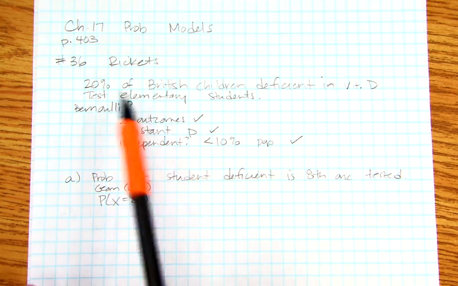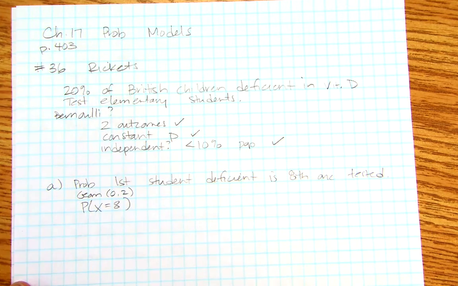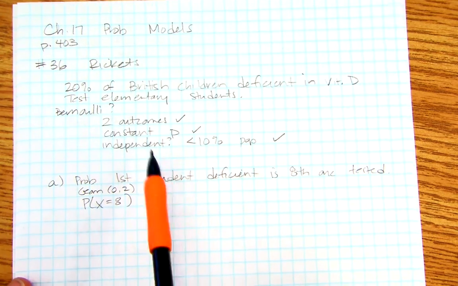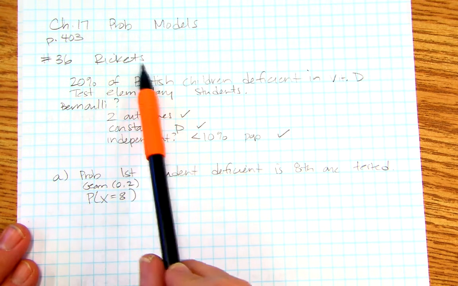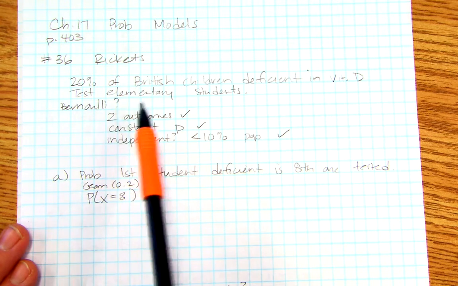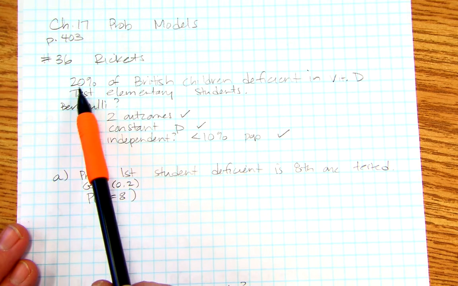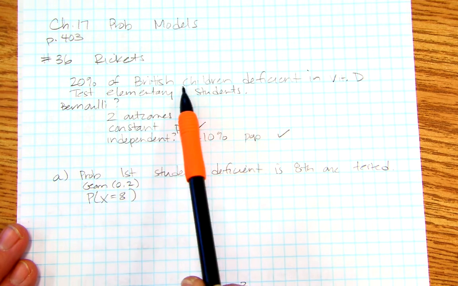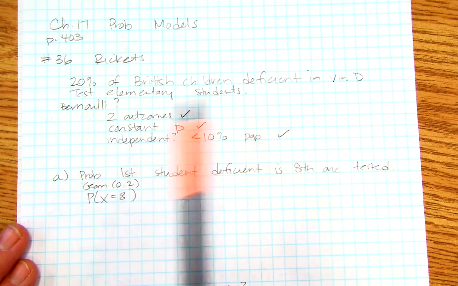So this is number 36 from chapter 17. It's on page 403. It covers a lot, both geometric and binomial questions. This is about a disease called rickets. It has to do with vitamin D deficiencies. A study showed that 20% of British children are deficient in vitamin D, and we're going to test some elementary